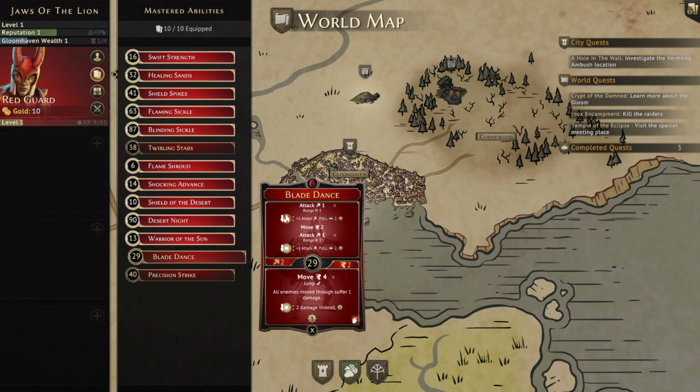Next, we have Blade Dance, which is attack 1, range 3, consume fire, +1 attack, pull 2, 1 XP, move 2, attack 1, range 3, consume light to get +1 attack, pull 2 again. So 2 different elements here, 2 separate attacks and a move sandwiched in between. I actually quite like the top of Blade Dance. I think that if you can get kind of all of this, or even if you can get most of this, so let's say you could just get the fire or you could just get the light,